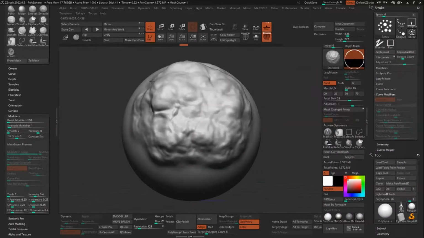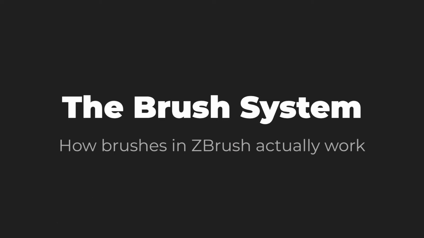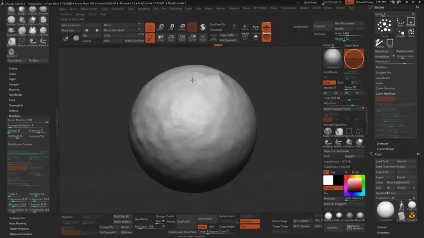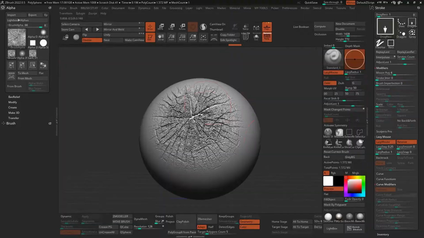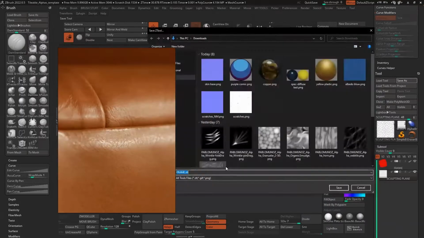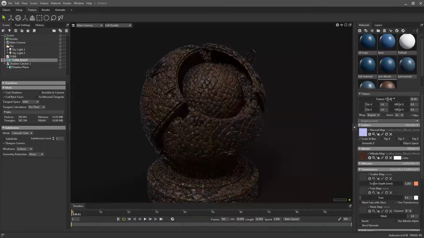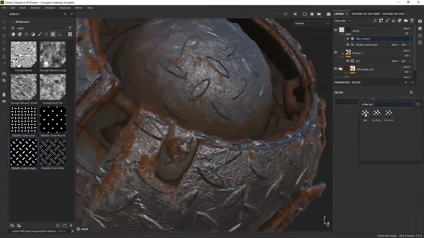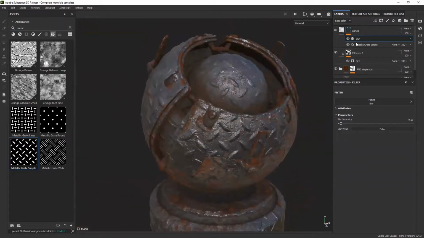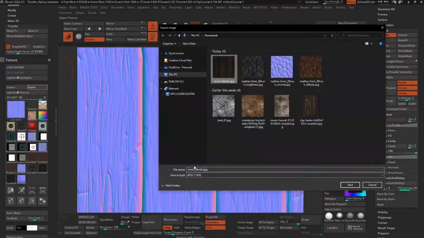We'll start with the basics to get a good grasp of the brushes system in ZBrush, what are the types of brushes, and the cool things that you can do to modify them. We'll then use those custom brushes to create even more resources and to produce other assets like textures and bases for custom PBR materials. We're also going to create some fancy materials with Adobe 3D Sampler and Adobe 3D Painter, but I will also cover how to create maps for PBR workflow directly from ZBrush.